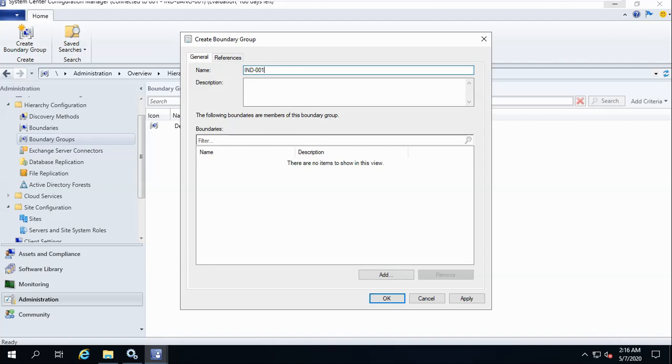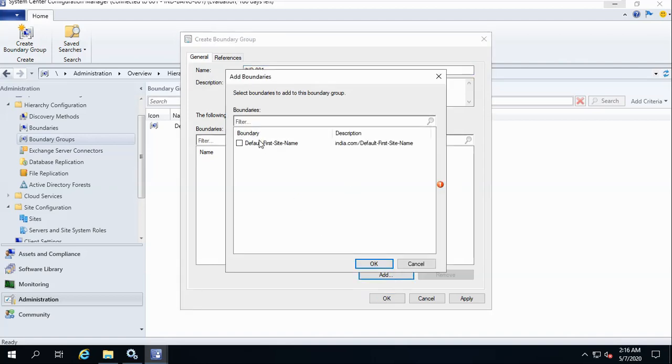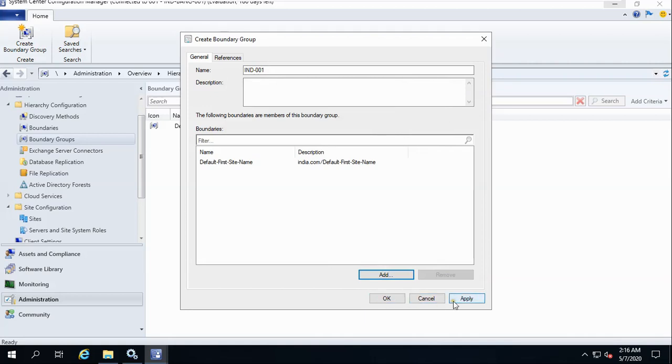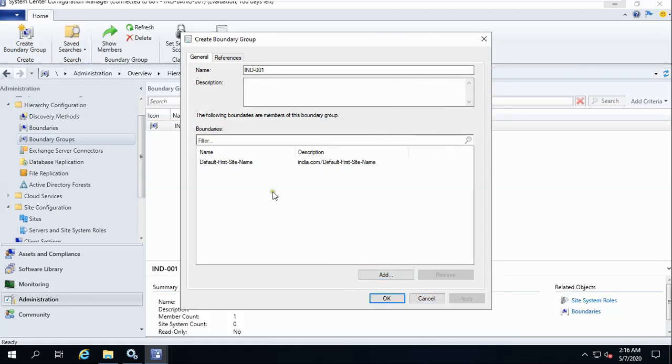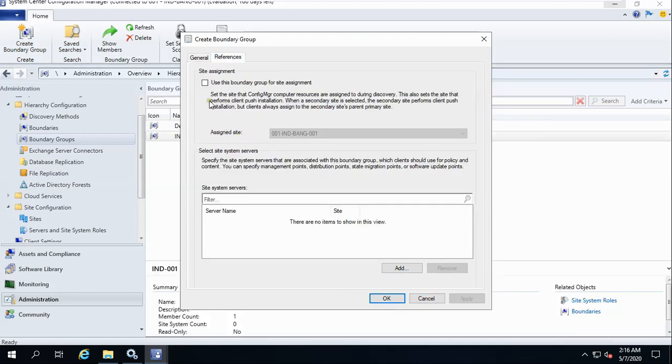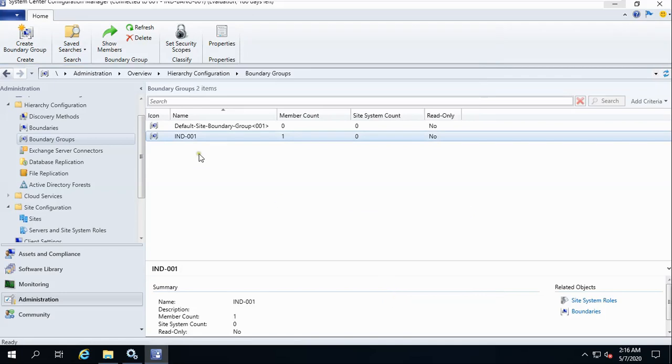I'm giving it here, and you will have to add this only, and just apply. This site it will be using, apply. So you can create it like that also.